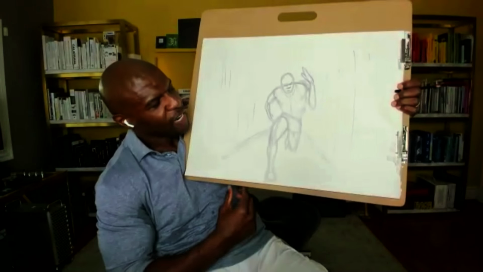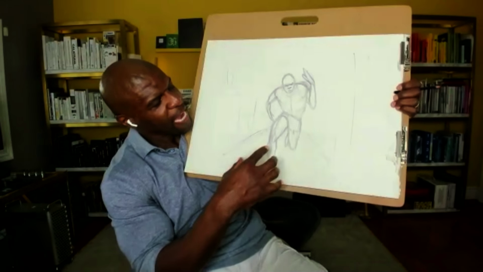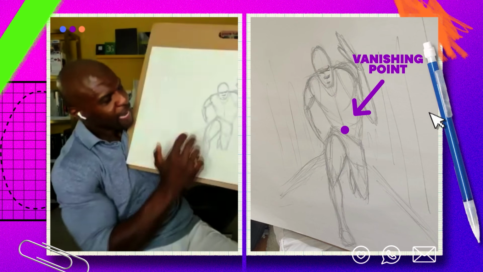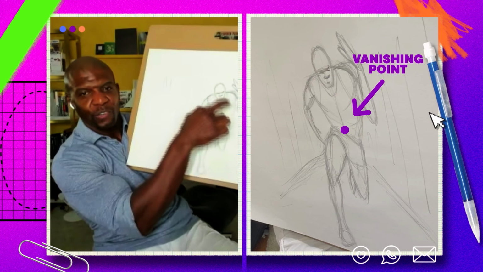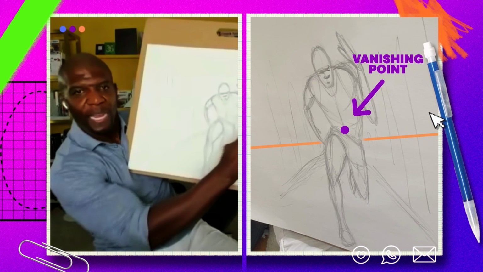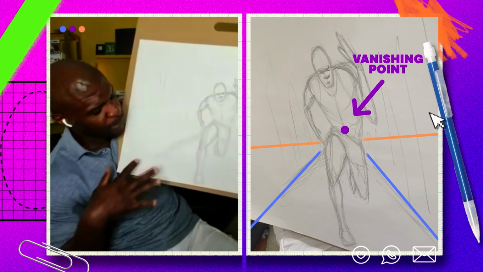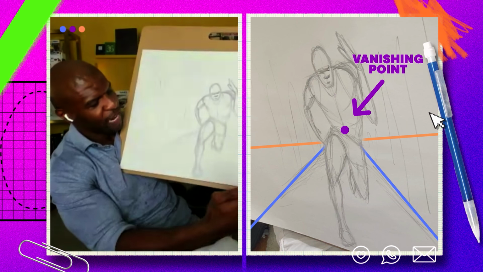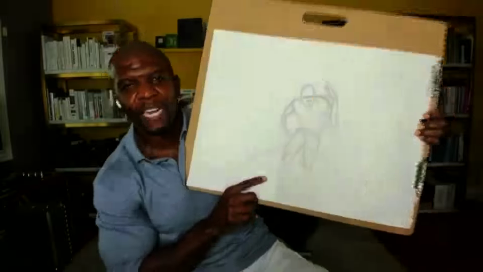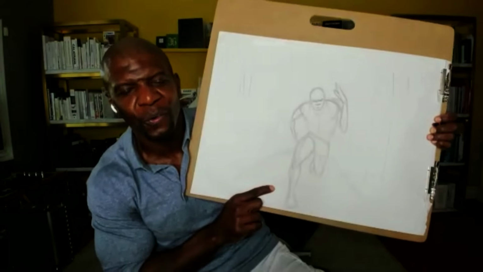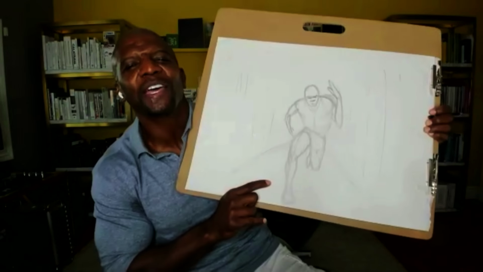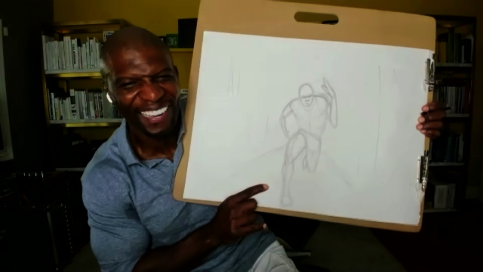When we talk about a vanishing point, I just imagine it was coming right from the center of him. And the vanishing point is actually right there. And here's the horizon, right there. And then you make the road go right to the vanishing point. Yeah. Everything lands right on that. And it creates the most beautiful illusion. If I had 7 more hours, this thing would look amazing. I believe it. I believe it.